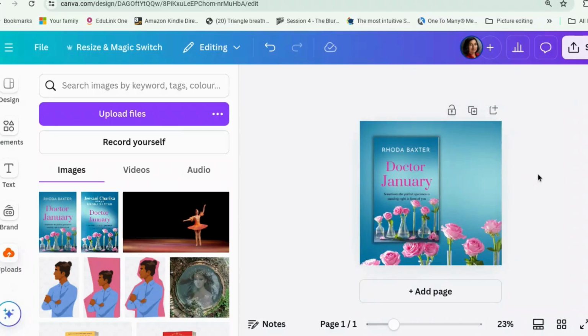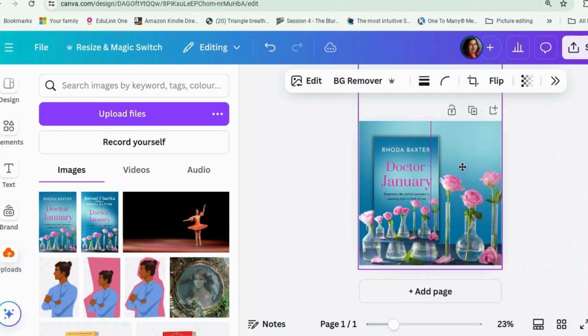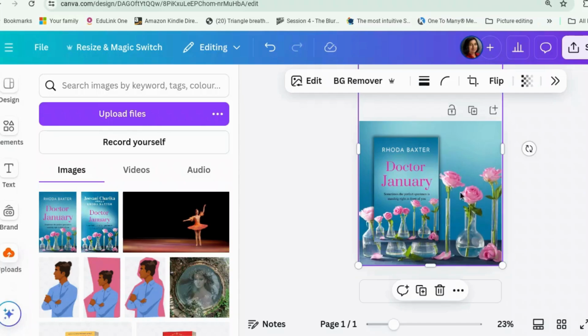So you could do that. You've got the beginnings of a Facebook ad there. But what I thought was it would be quite nice to use these bits here as part of the ad. But all of this makes it quite busy. So what I thought we'd do is let's see if I could remove them. So I'm going to go